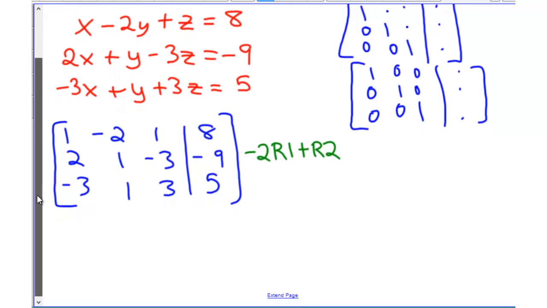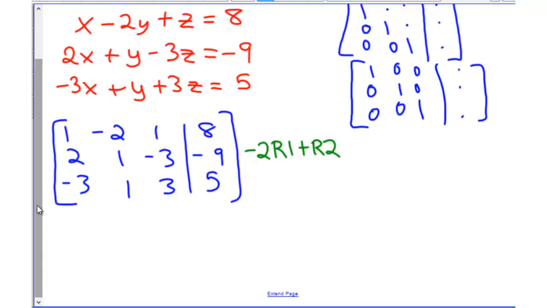Those are the steps we're going to take. And this is basically us doing an elimination problem. Okay, we're going to take everything in this equation and multiply it by negative 2 and add it to this other equation so that we can eliminate our x's. So that gives us